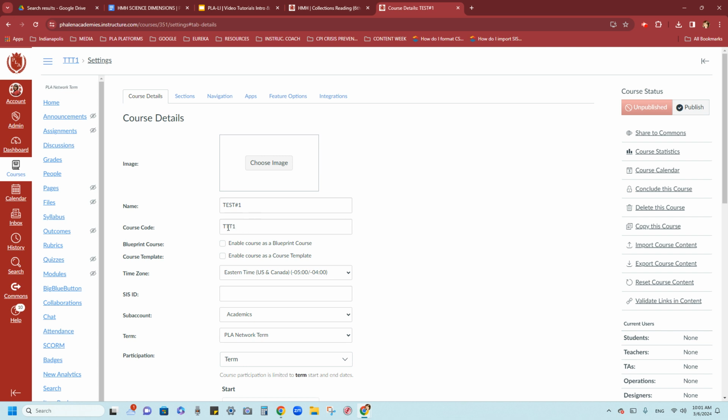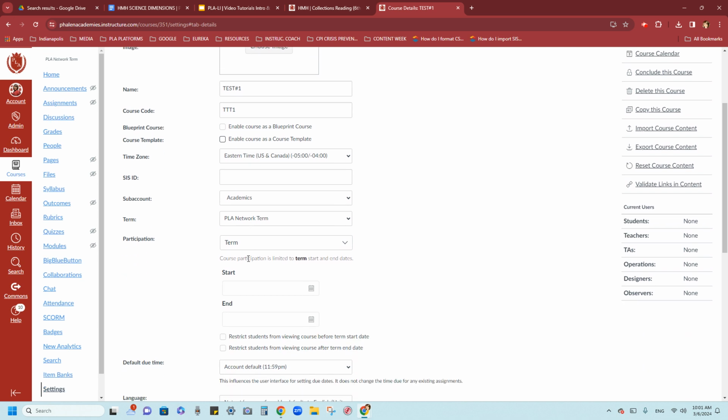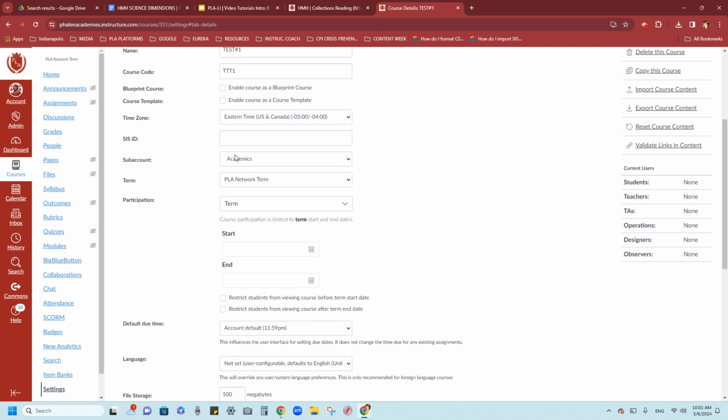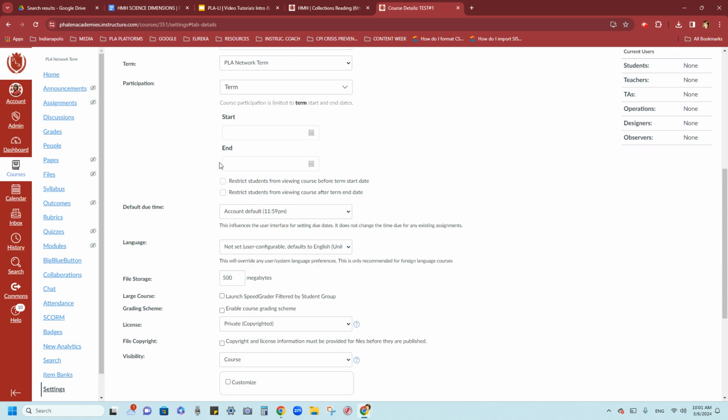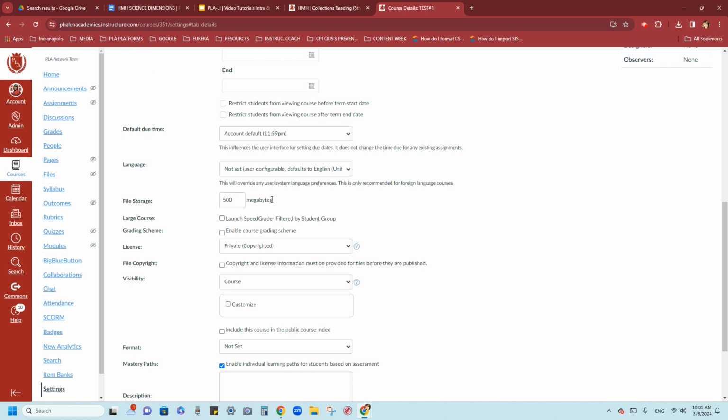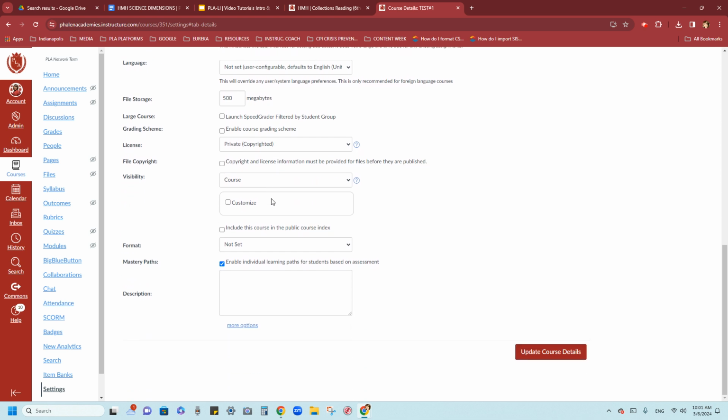These categories need to be filled out. Once you scroll down, you'll notice the sub account is already filled out. The PLA network term is defaulted there. You don't need to put a start or end date. Okay. The next thing that's the most important to you is when you scroll down, you want to look under